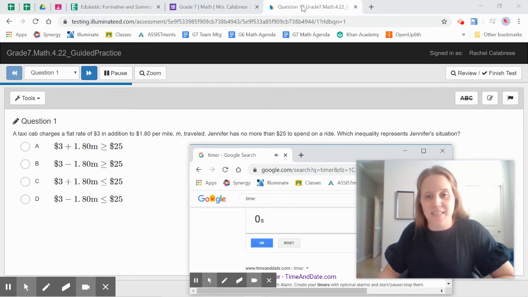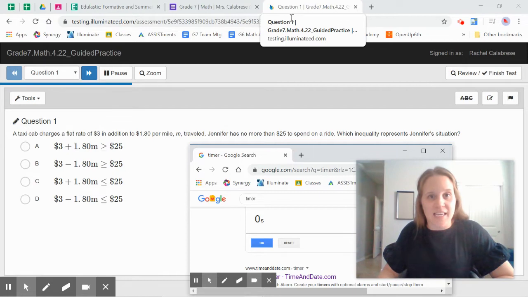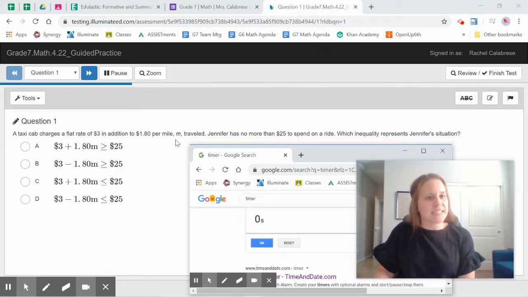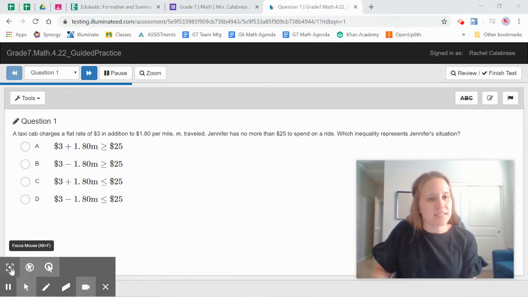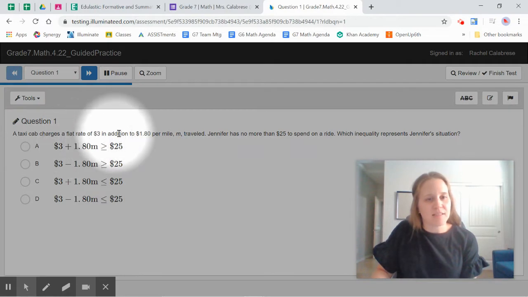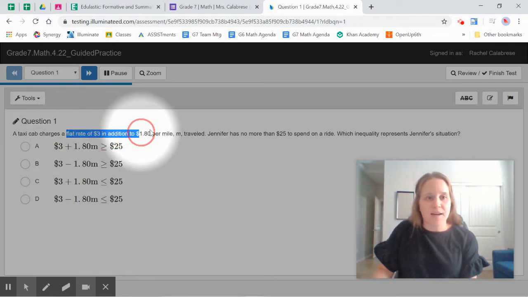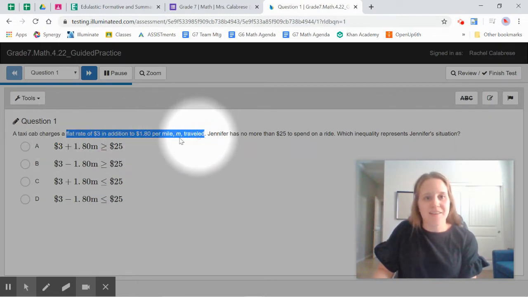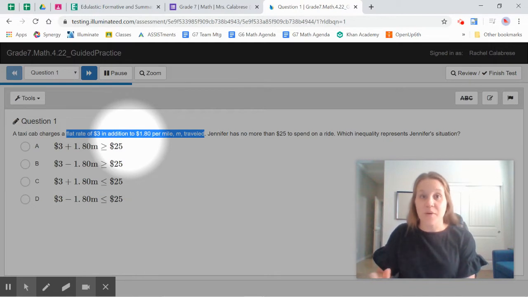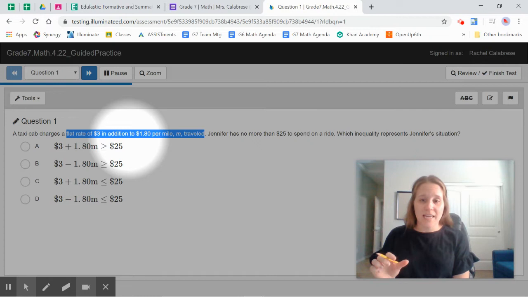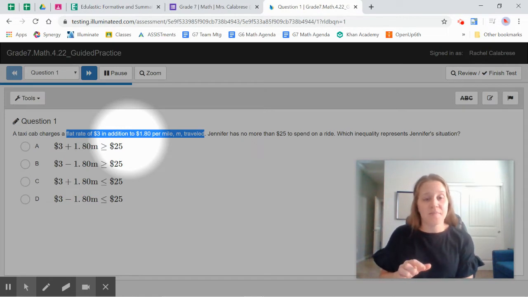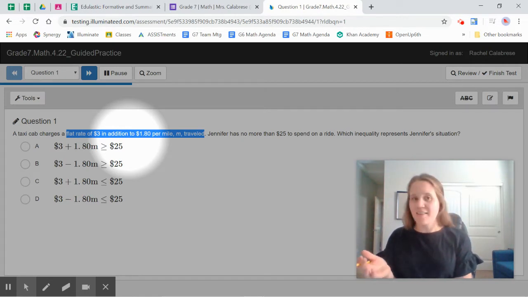All right, let's go ahead and review the answer. This one says a taxi cab charges a flat rate of $3 in addition to $1.80 per mile traveled. So when I read this part of the problem, this sounds exactly like it did for an equation. A flat rate is that constant term in my equation or inequality, and that $1.80 per mile